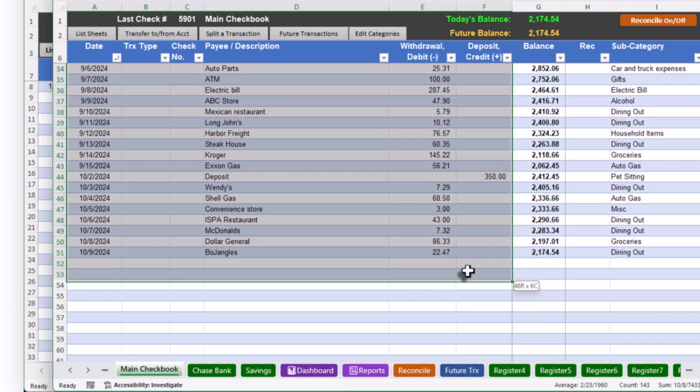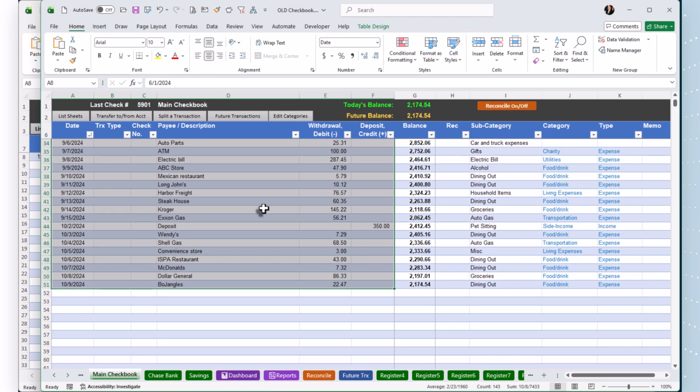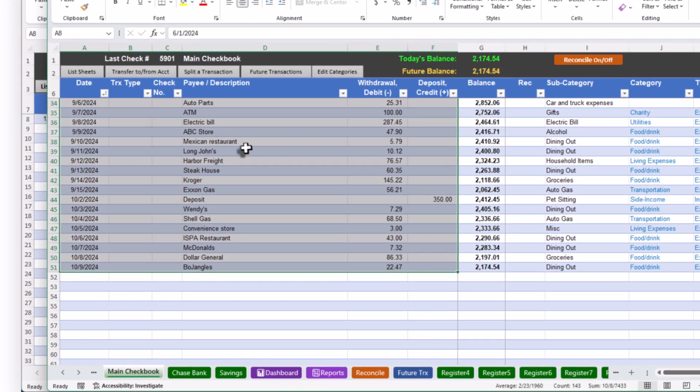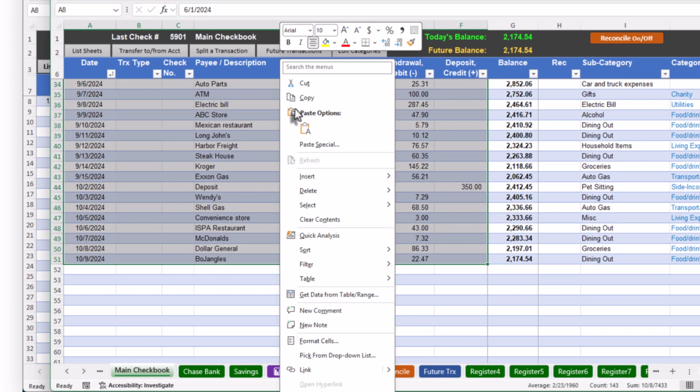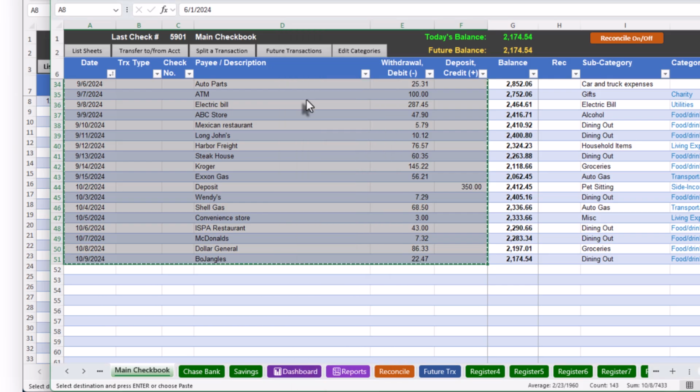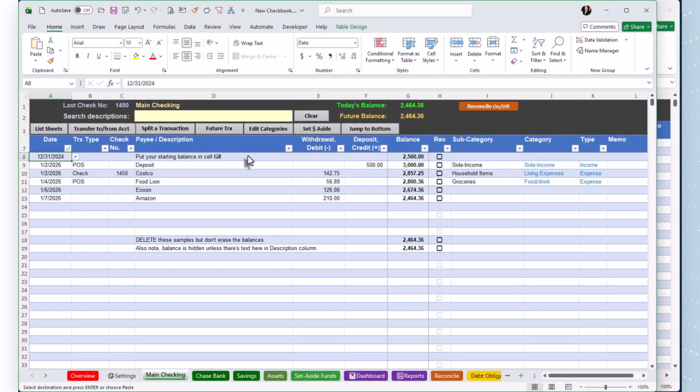And once I get down to the end, I can finally let go of the main mouse button because I have the desired selection. At this point, we want to copy this to the clipboard. Now, if you're a fan of just using the mouse for all this, we can do a right click and choose the copy choice. That works quite well. If you're a keyboard fan, you can do a Control-C if you're on a Windows computer, or Command-C for those on a Mac computer. Now that I've got this data copied to my clipboard, I'll switch over to the new